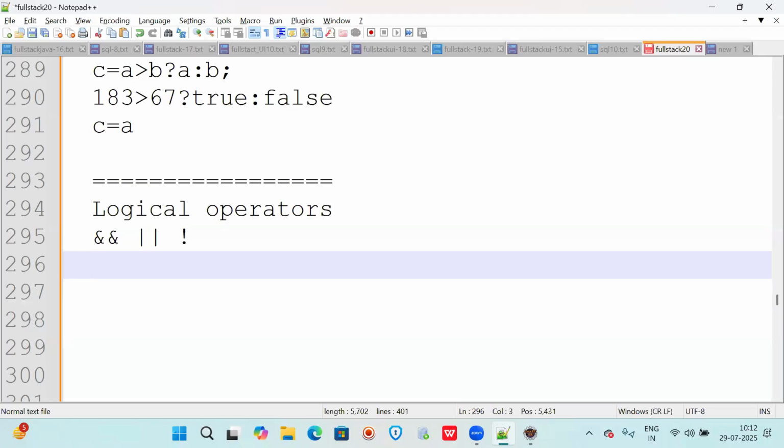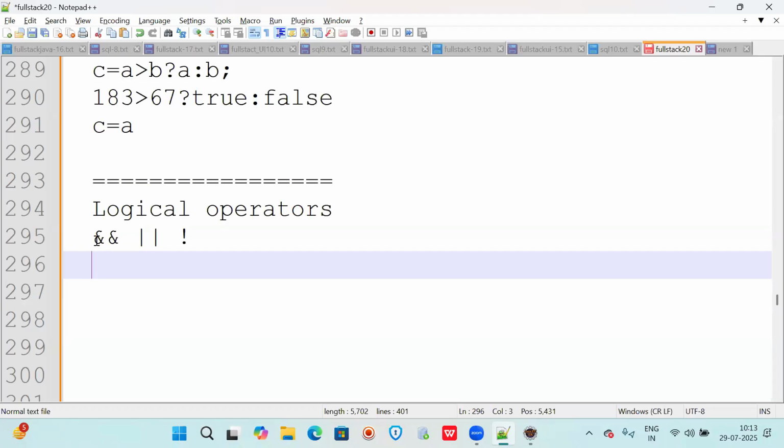You have such scenarios, then you have to use the AND operator. Like greatest of two numbers or three numbers. If three people are there, I have to check which one is greatest. First, I have to check A with B as well as C. If A is greater than both B and C only, I can tell A is greatest. Yes or no? Without that, I cannot tell. When all the conditions are true, then only the result will be true. That time we use the logical AND operator. Understood?